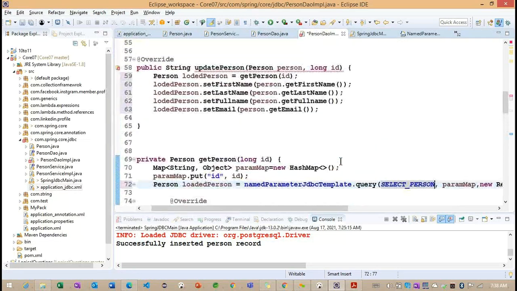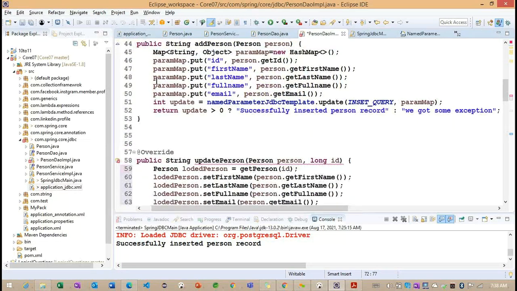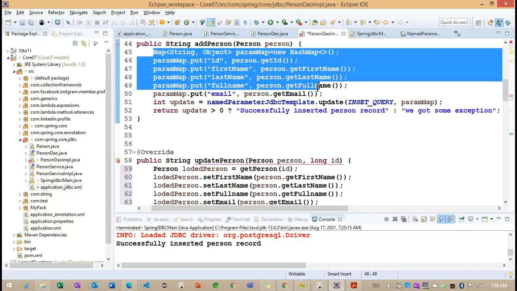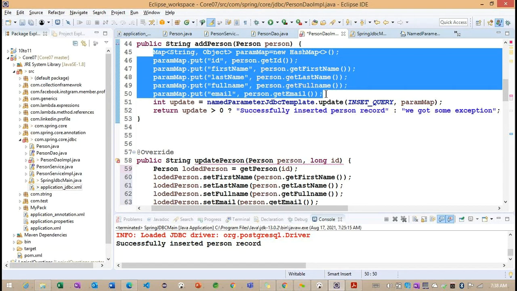The ID we passed here, and here I want to copy. So just a second. Okay, so we'll change the person reference here.